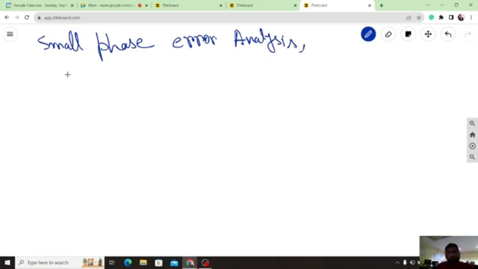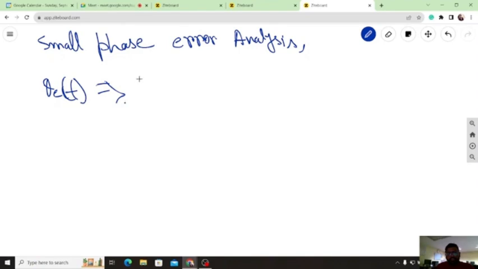Now, what is the small phase error analysis formula? Like theta e of t in terms of time, we can write it as limit; we have to find out theta e of t,